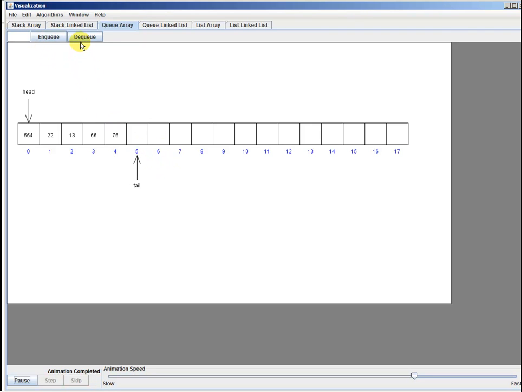Now if I do the DQ, what will happen? DQ should remove from this one and it will move the head pointer. Again DQ, move the head pointer. DQ, move the head pointer. So that is the way it will go. DQ,